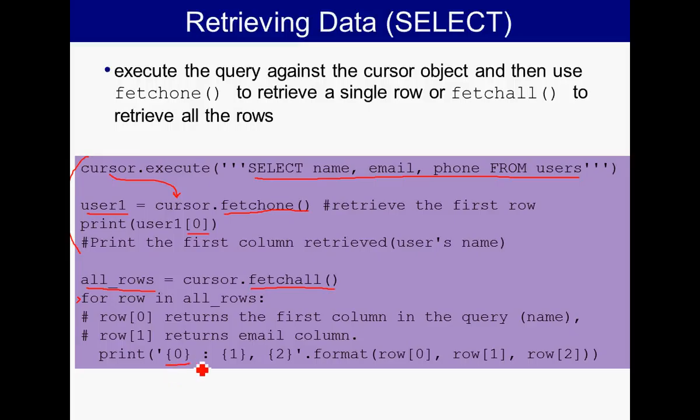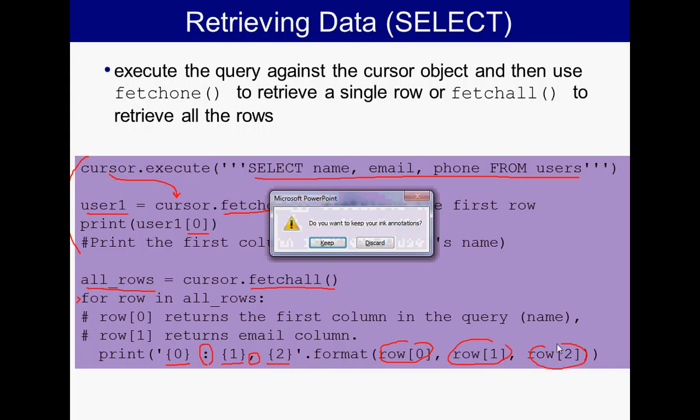I have 3 columns, with a colon delimiter between the first and second, and then a comma, and these 3 variables are plugged in from row, index 1, and then the second index and third index. All right? So with this in mind, let's try